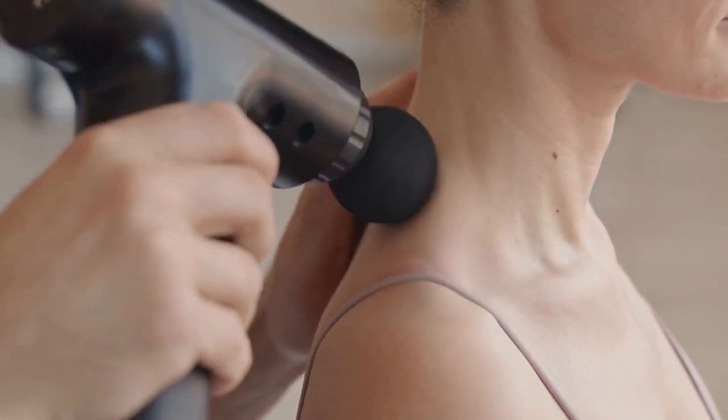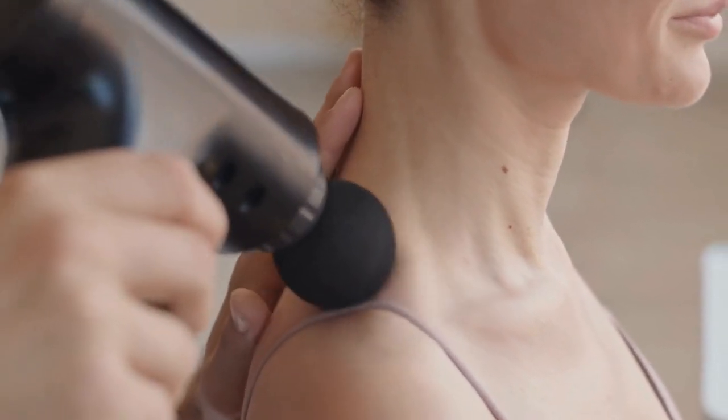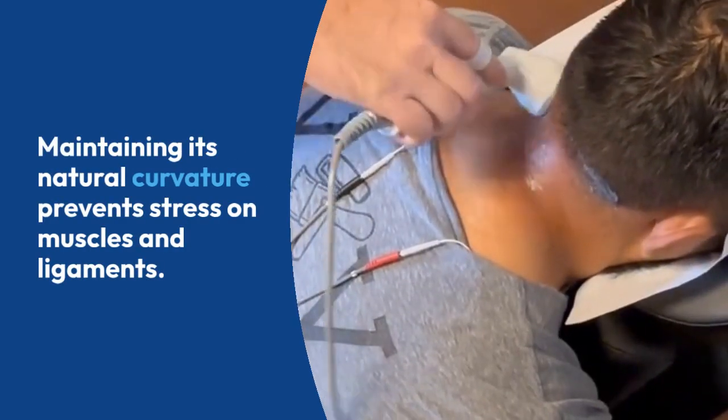Proper alignment of the cervical spine is essential for optimal function. Maintaining its natural curvature prevents stress on muscles and ligaments. Misalignment can lead to chronic neck pain, stiffness, headaches, and nerve compression, causing tingling or numbness in the arms and